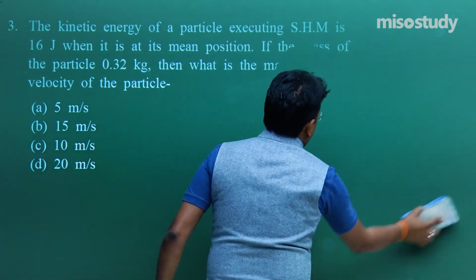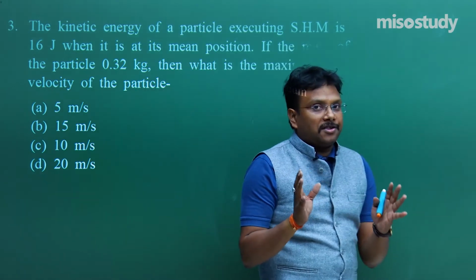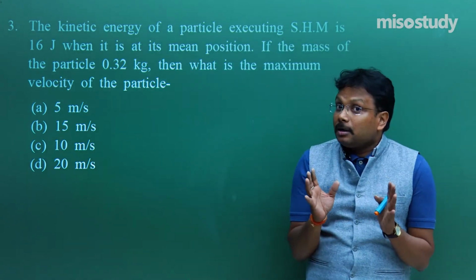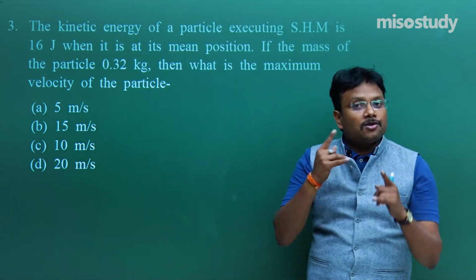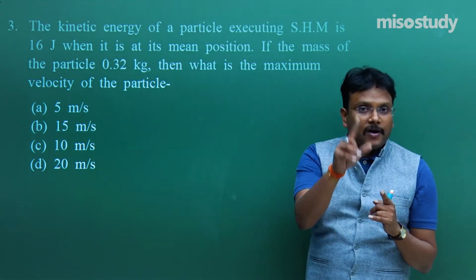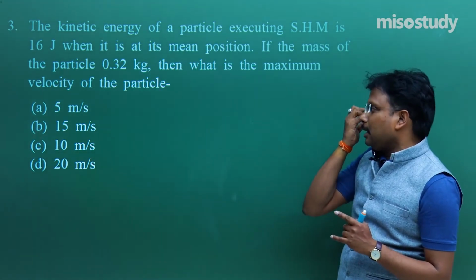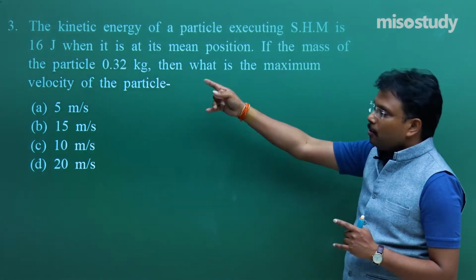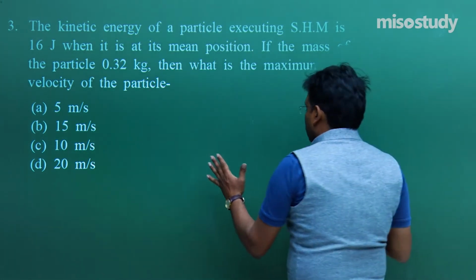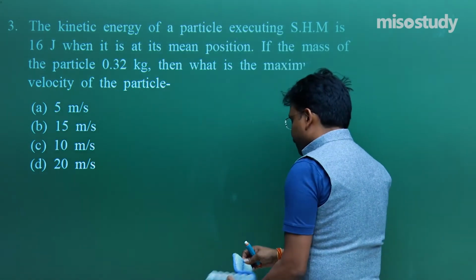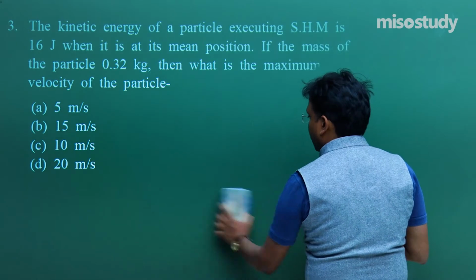Fine. Now maximum velocity means, obviously in velocity this sine cos term will definitely come. Maximum means sine square omega t or cos square omega t should be 1. Fine. So then what will be the maximum velocity of the particle, which is something we have to find out. All the numbers are in front of your eyes. I am going to use this small space to explain all these concepts. Fine. For this maximum velocity.